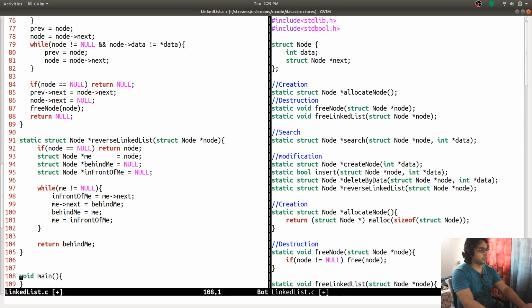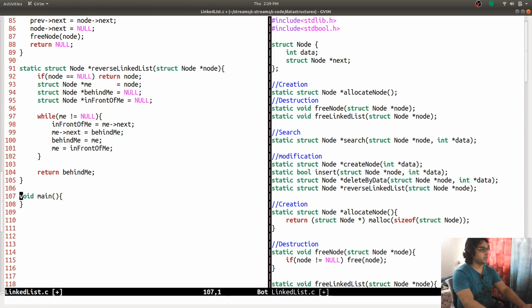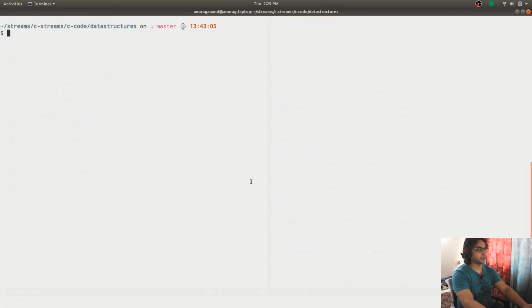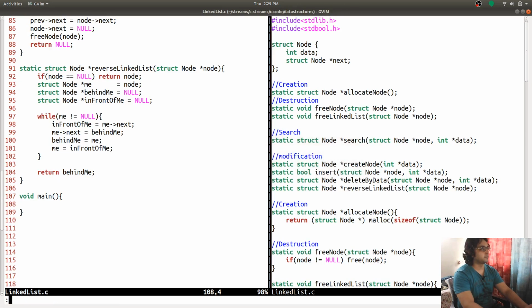So let us start with writing this code. Before that, I am going to compile this file to see that it is working at least. Is the pointer meant to be used at line 41?